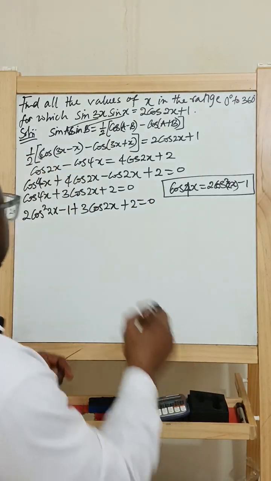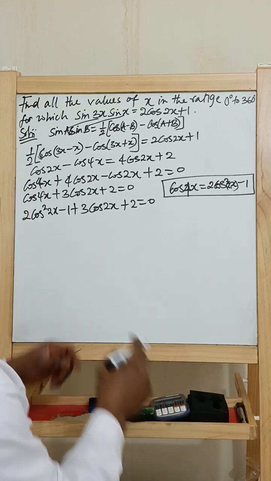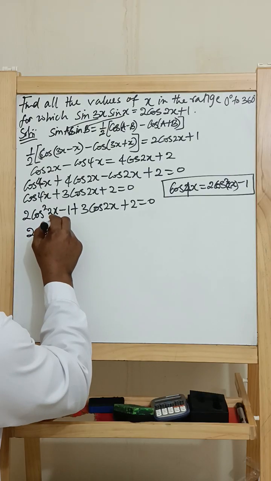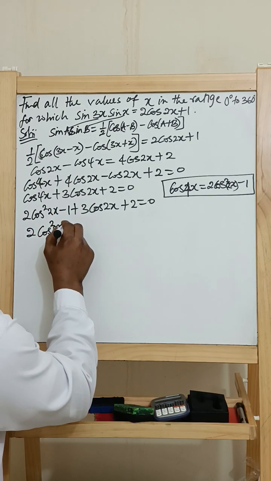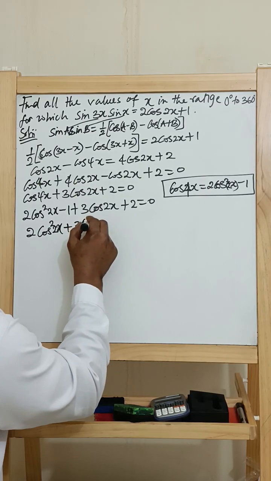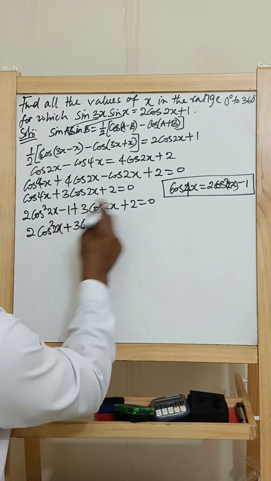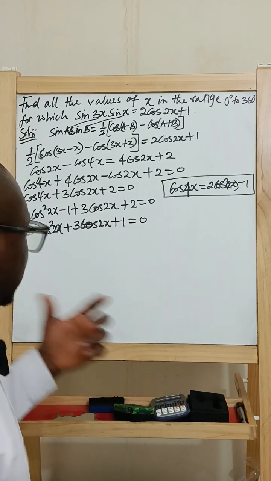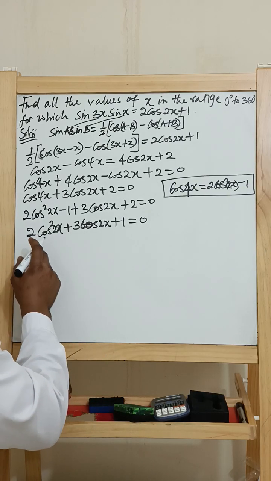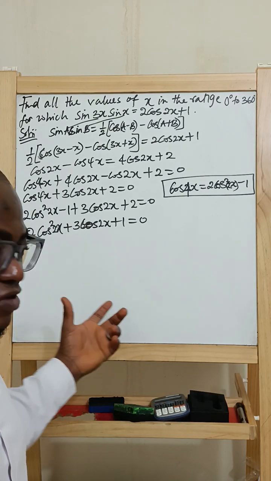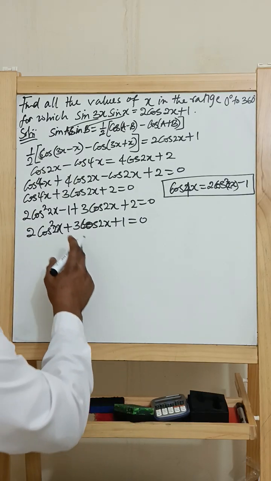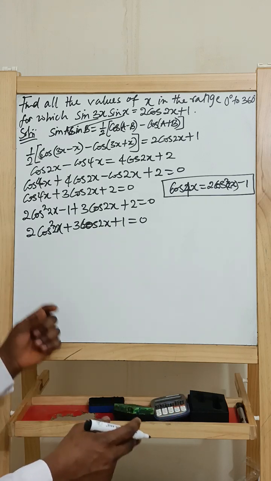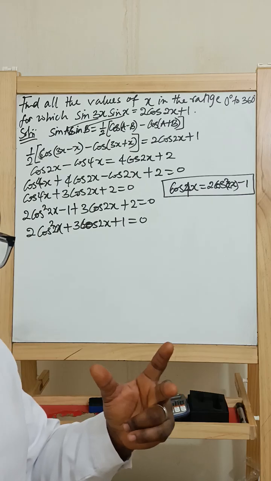Okay, so from here we see that we can add these together. So that will be 2 cos squared 2x plus 3 cos 2x minus 1 plus 2, that will be plus 1, right? Now from here, we see that this is a quadratic equation that can be solved by factorization. So we have 2 times 1, which is going to be 2. Now we split it into two numbers in such a way that